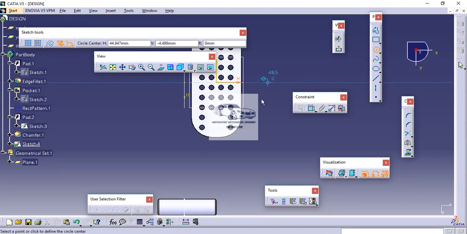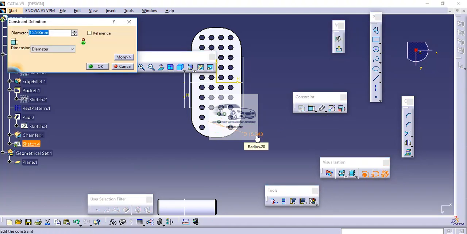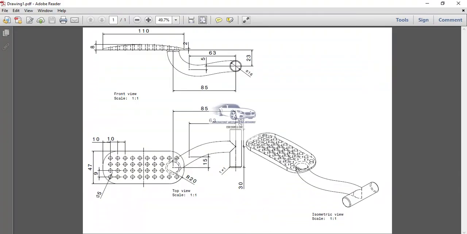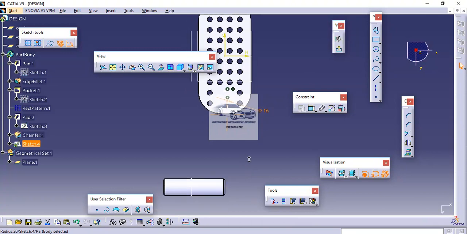So when I will go here, I will draw a circle. As we can see that while drawing the circle, a blue marking line has appeared that shows that the center of this circle is lying at the center. So diameter 16, and again we have to maintain this distance 85 from the center of this cylinder.